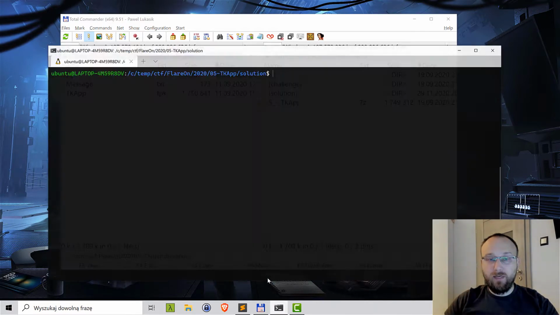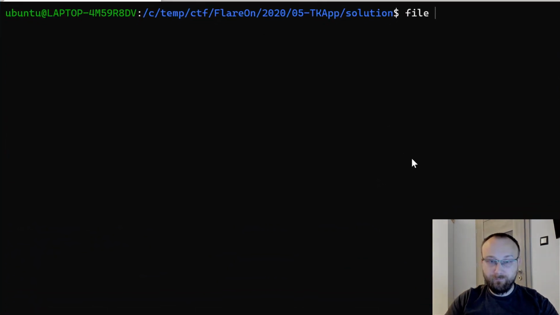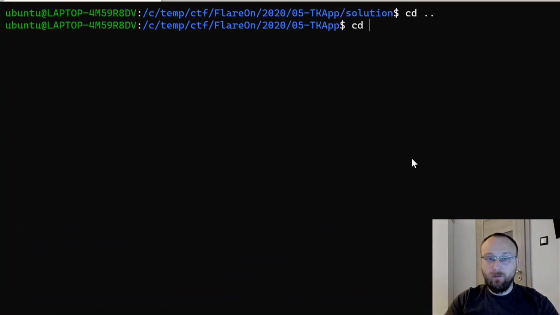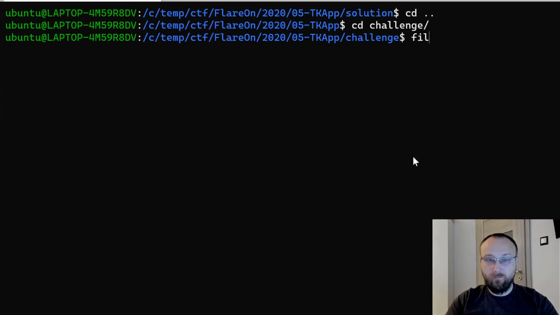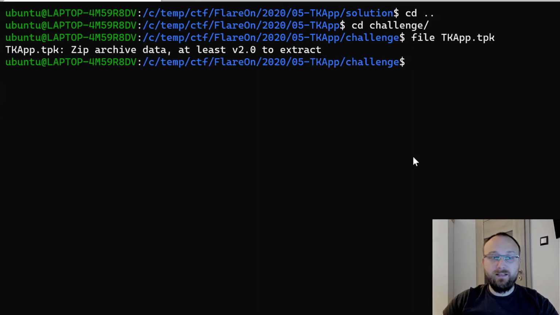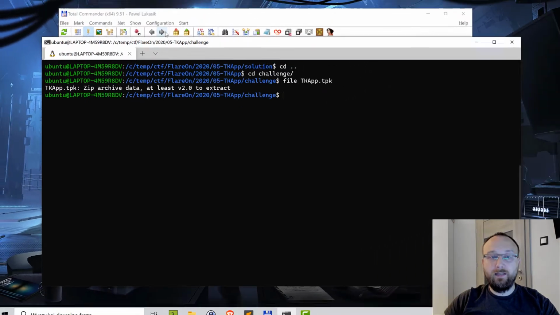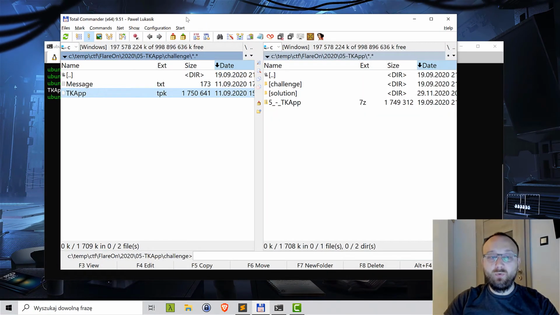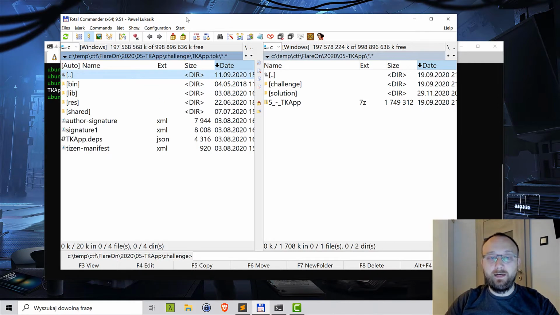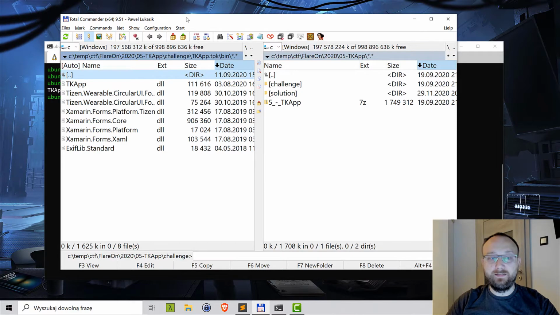So as usual we can run the file command on it. And it actually says that it's a zip archive. So we can unzip it and see what's inside, and we can just enter the file in Total Commander as it recognizes that this is a zip file. We get a bunch of files, and in the bin we can see there's a lot of DLLs,